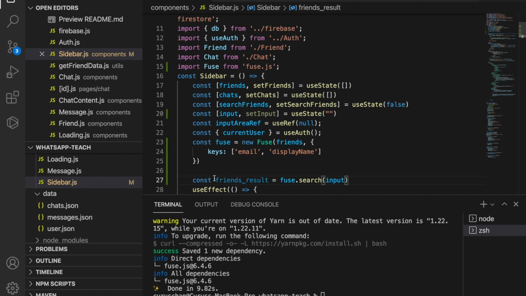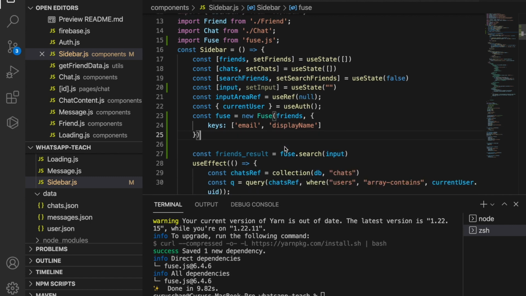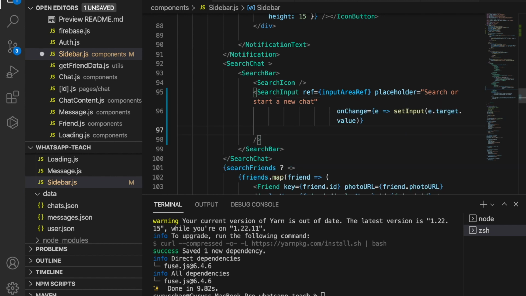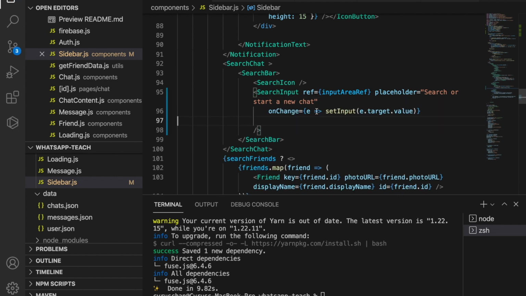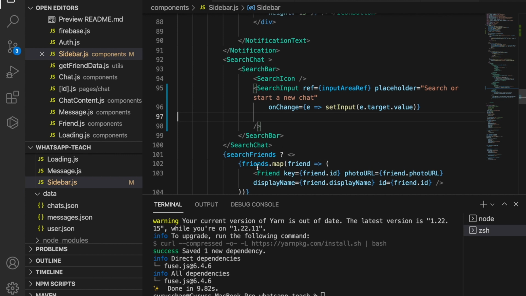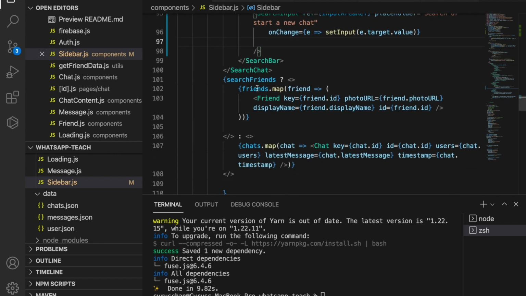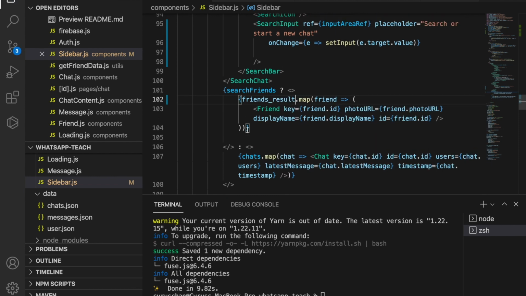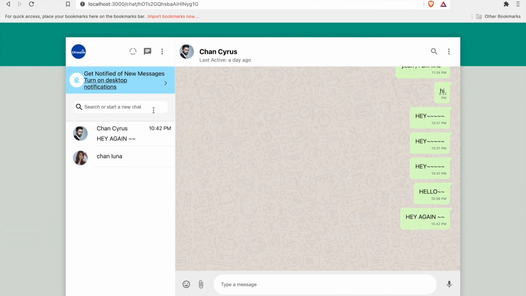And then we get the friends result, and this is based on the user input. Then we scroll down to the search input, and we place onChange is equal to event, which sets the input value to be event.target.value. And now instead of friends here, we are going to use friendsResult. So now we can try on the website, and if we click on this, we cannot see any results. But if we type the name,